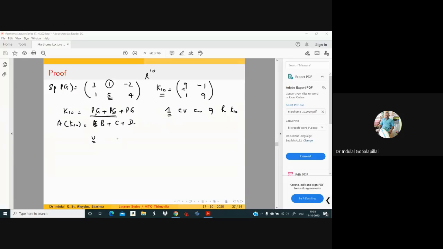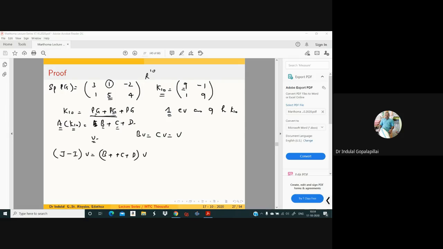So there is a V which corresponds to the eigenvalue 1 for both B and C, so that BV is equal to CV is equal to V. BV is equal to 1V, CV is equal to 1V. Now we apply this V to both sides. We know that the adjacency matrix of K10 has its diagonal entries zero, and all other entries equal to 1, because every vertex is adjacent to any other vertex. So the adjacency matrix of K10 is J minus I. So J minus I is equal to B plus C plus D.